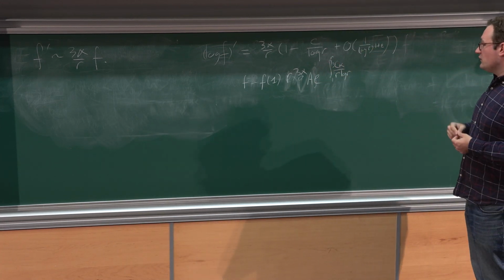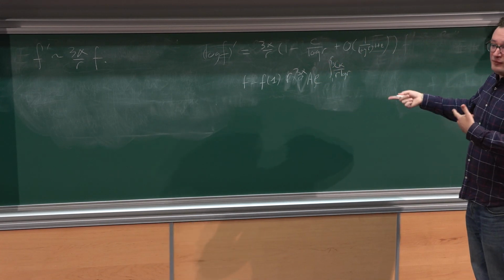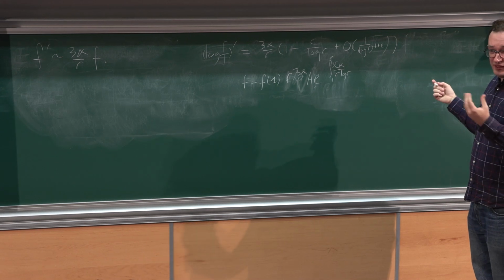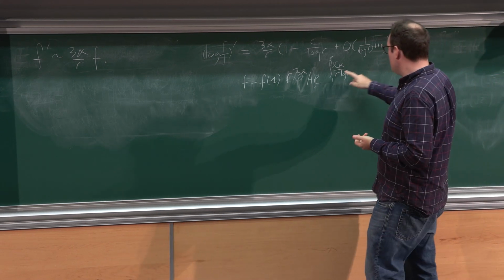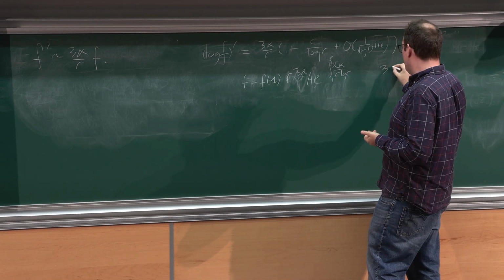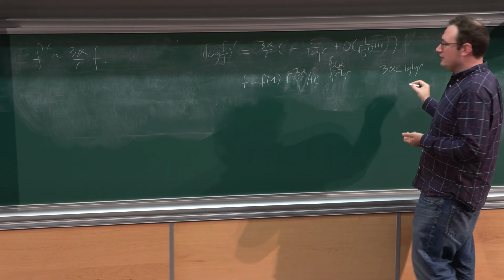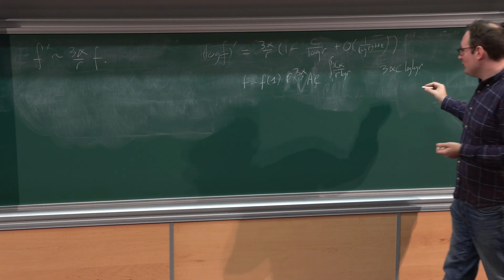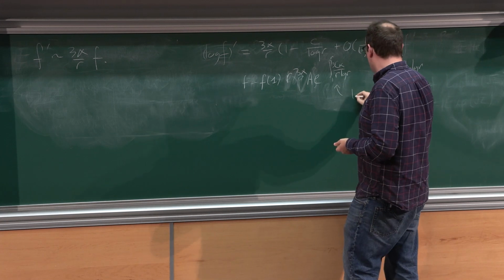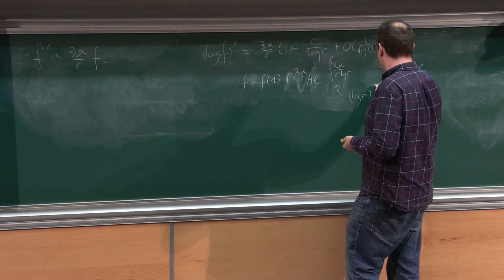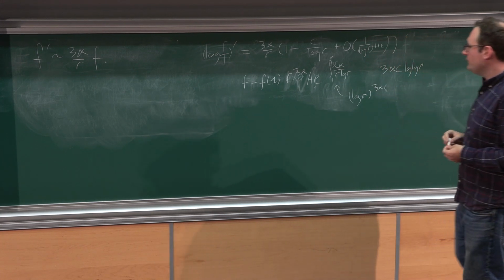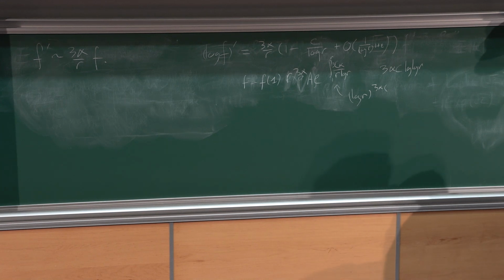So, in this framework, if you had an expression for the second order term like this, of course, this integral is 3 alpha c log r, but it's inside the exponent, so it becomes log r to the 3 alpha c. Okay? This is one way that you might understand how logarithmic corrections are produced.